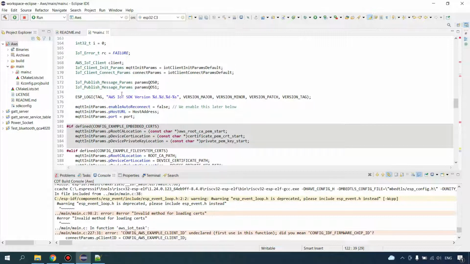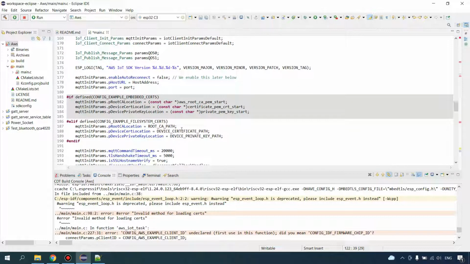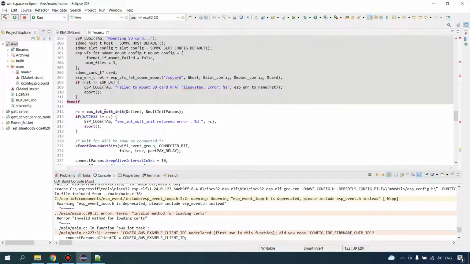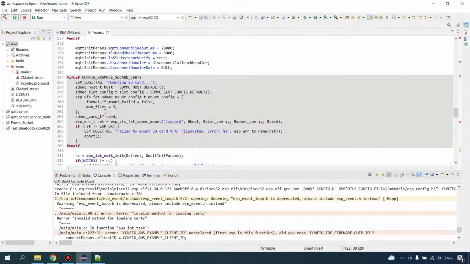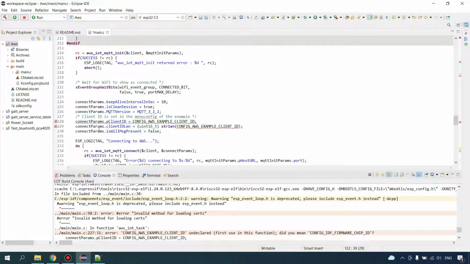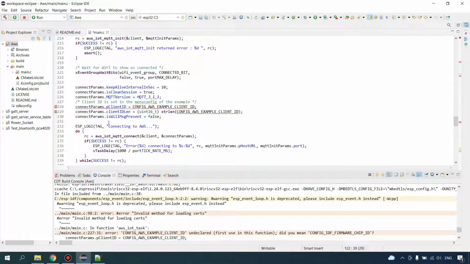So here all the initialization part is done. AWS IoT MQTT initialize is called. And this is the client ID. You will get this when you log into your AWS IoT console.